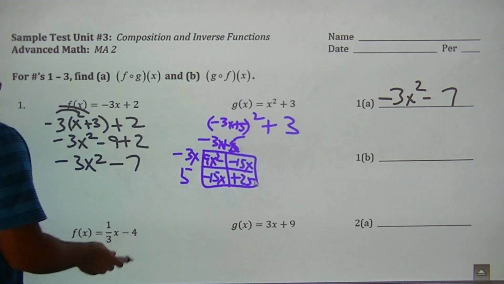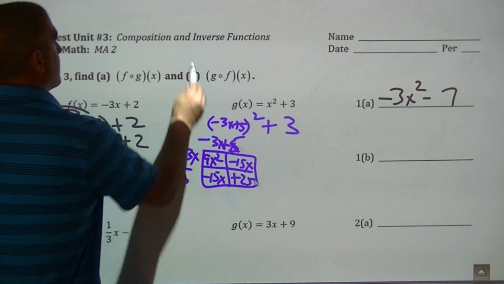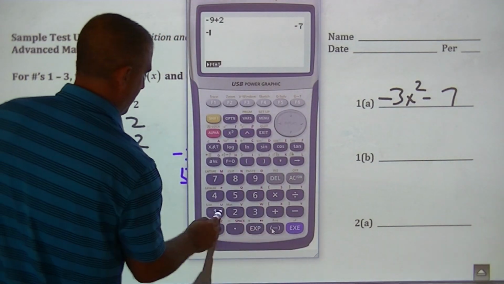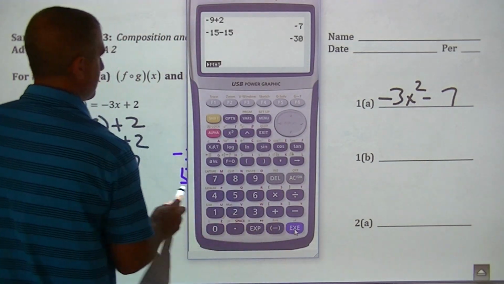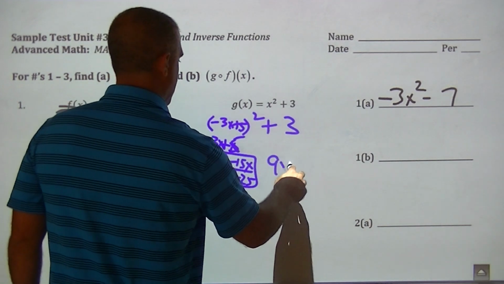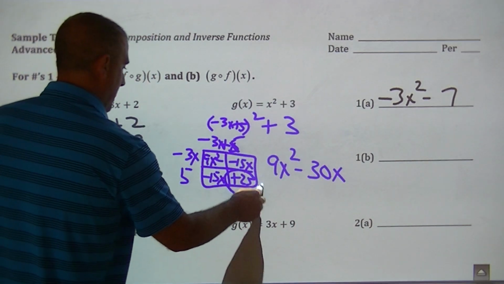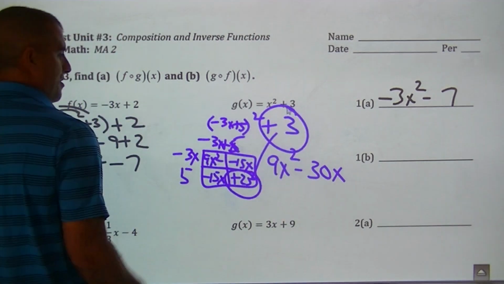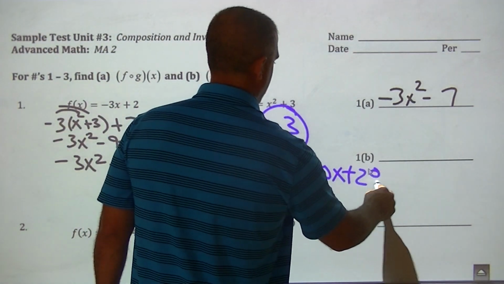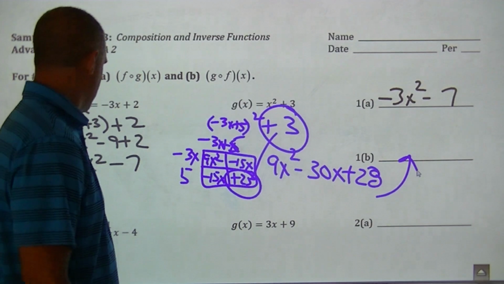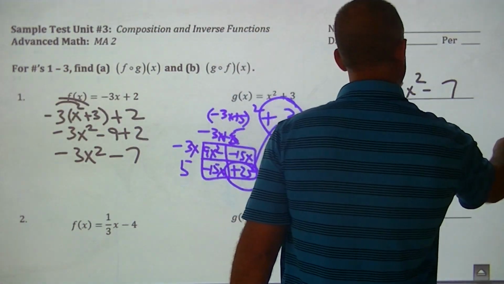The like terms, it's all multiplication. Then I'm going to combine those like terms. Negative 15 minus 15 gives me negative 30. So I got 9x squared minus 30x. Now, you've got to combine the 25 and that 3, which will lead to 28. Okay, so this would be the answer for B. Okay, let's go down to